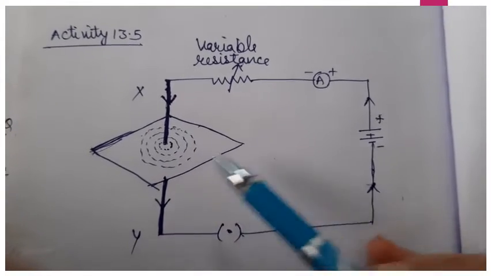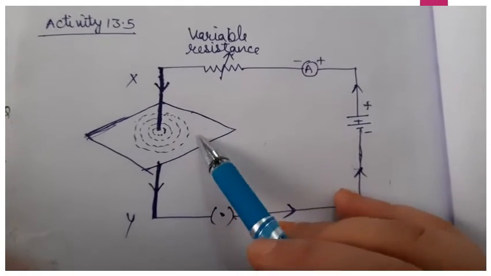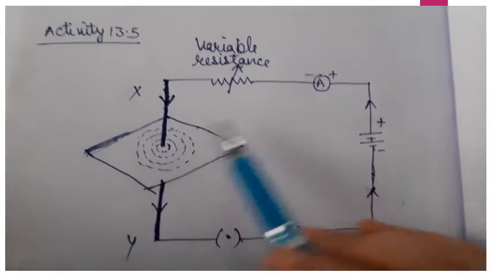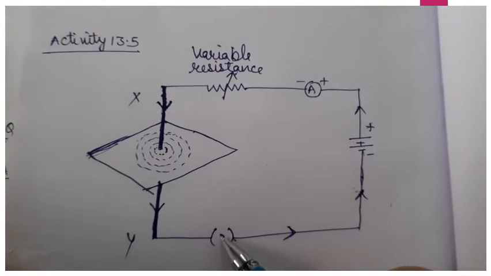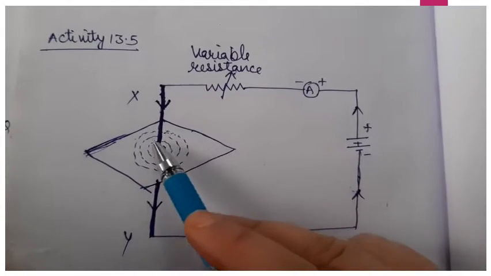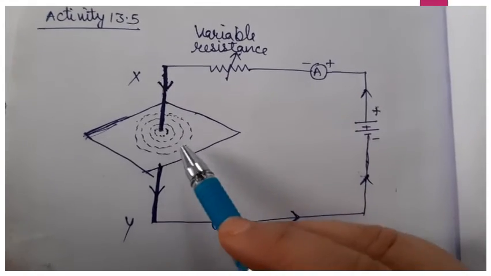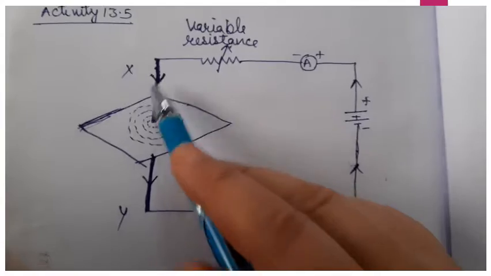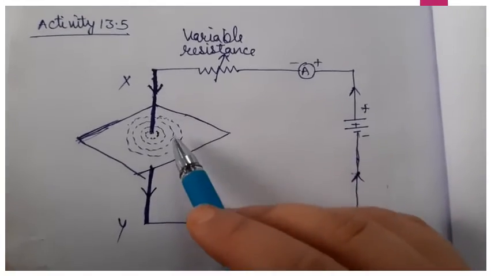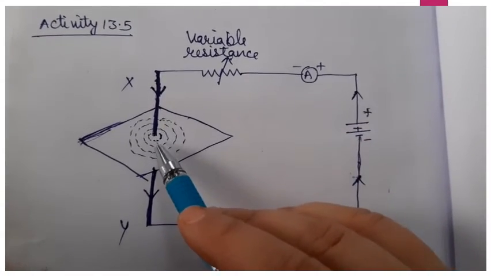Now we sprinkle iron filings on the cardboard or wooden base, initially and randomly. As soon as the key is put in or the circuit is switched on, it is observed that after a while the iron filings arrange themselves in the form of concentric circles around the conducting wire, or around the wire XY. So when current starts to flow through the wire, the iron filings arrange in a definite pattern of concentric circles.